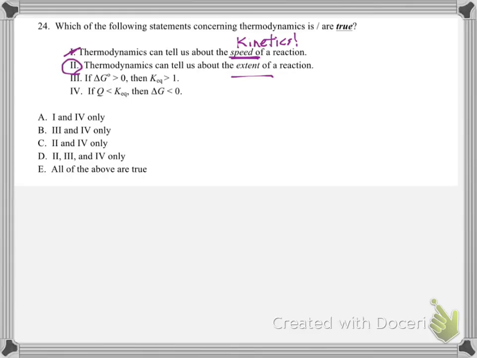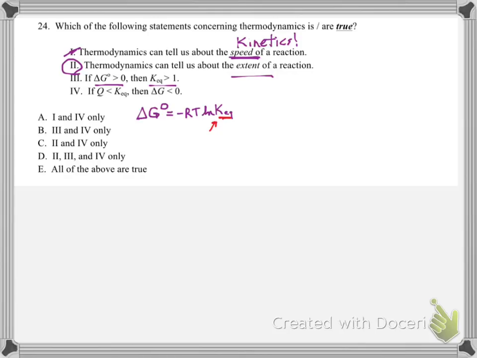The next question says if delta G standard is positive, then KEQ is greater than 1. So what does this mean? Well, KEQ and delta G standard can be related through an equation. Delta G standard equals negative RT times natural log of K. So if we think about this, if KEQ is greater than 1, the natural log of anything greater than 1 would be negative, which means we'd have